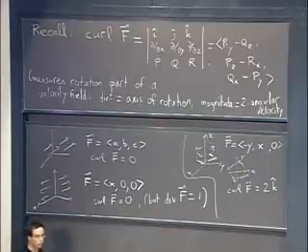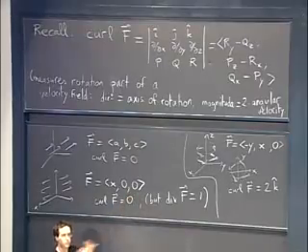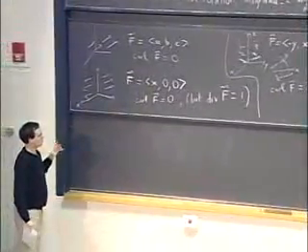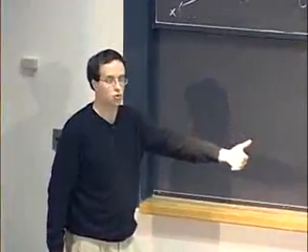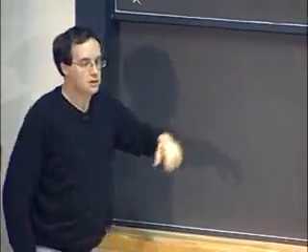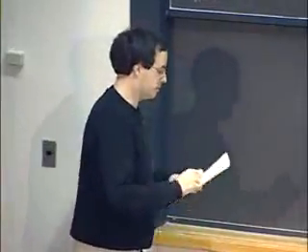So, that was about curl. Now, why do we care about curl besides this motivation of understanding motions? One place where it comes up is when we try to understand whether a vector field is conservative. Remember, we've seen that a vector field is conservative if and only if its curl is 0. That's the situation in which we're allowed to look for a potential function and then use the fundamental theorem. Another place where this comes up, if you remember what we did in the plane, is when we tried to convert line integrals into double integrals. That was Green's theorem. It turns out we can do the same thing in space, and that's called Stokes' theorem.